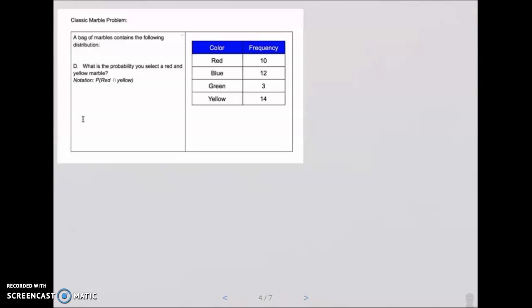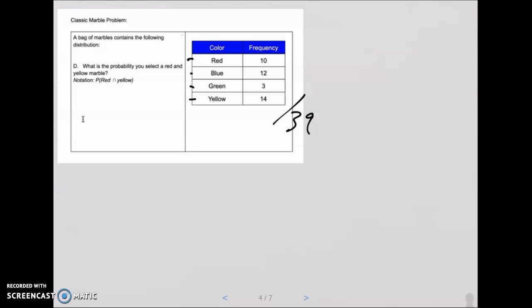What is the probability to select a red and a yellow marble? So for "and," that's called an intersection. You're looking for where the red and the yellow marble intersect. So look at our little chart here. It's out of 39. Do I have any red and yellow marbles? I would say no. And the reason why is because all of these